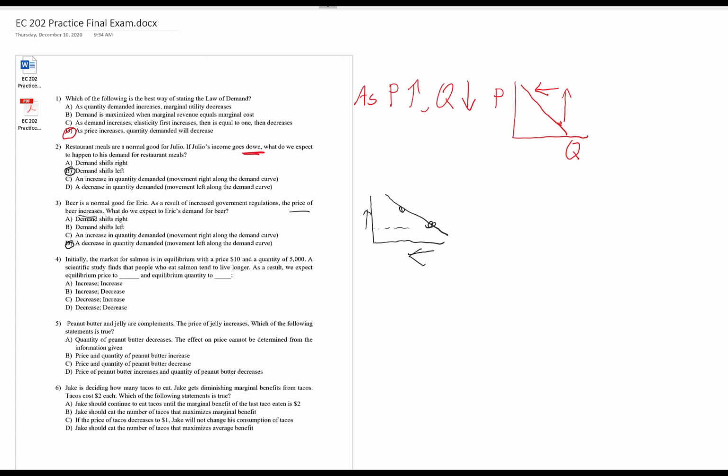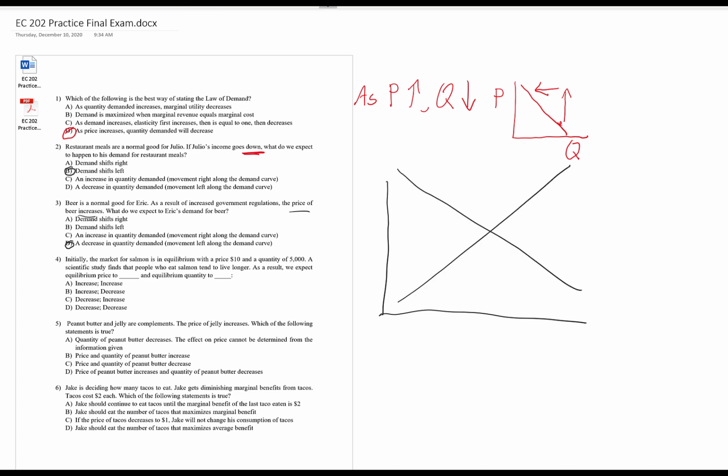Number 4. Initially, the market for salmon is in equilibrium with a price of 10, quantity of 5,000. A scientific study finds that people who eat salmon tend to live longer. What happens to price and quantity? With a graph of price and quantity, we'll start off in equilibrium looking like this. We have upward sloping supply, downward sloping demand,